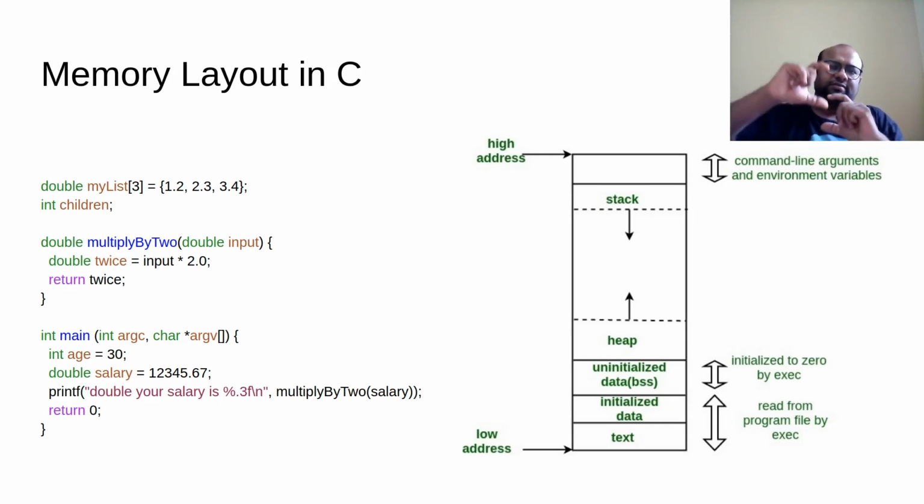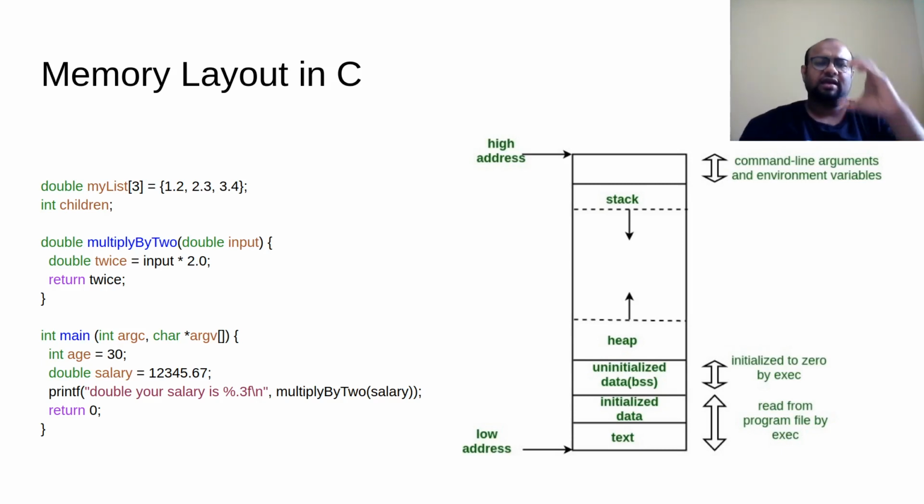So once my function returns, I had a stack. In that stack I had the local variables of main. After that, when I called multiply by 2, on top of main I had allocated the local variables of multiply by 2. So once multiply by 2 returns, this is removed from the stack, this memory is freed up. What remains is once again all the local variables of main.